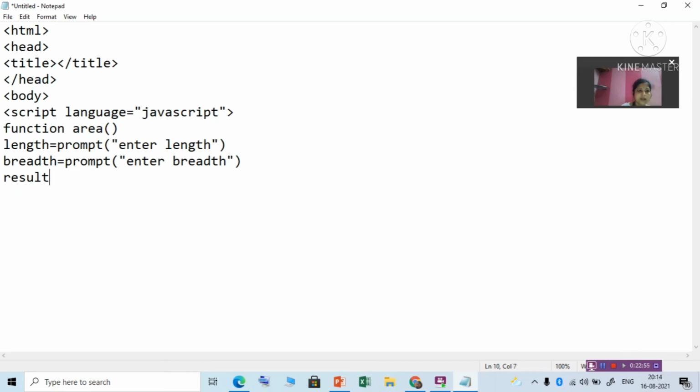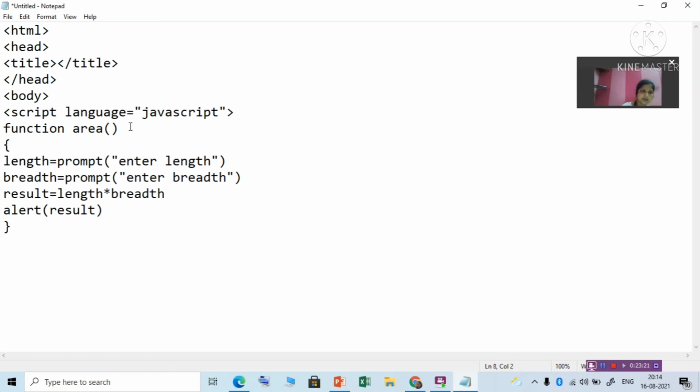Here I can write area, but here I have given the function name as area, that's why I'm giving something different. So whenever you need, you call that function.